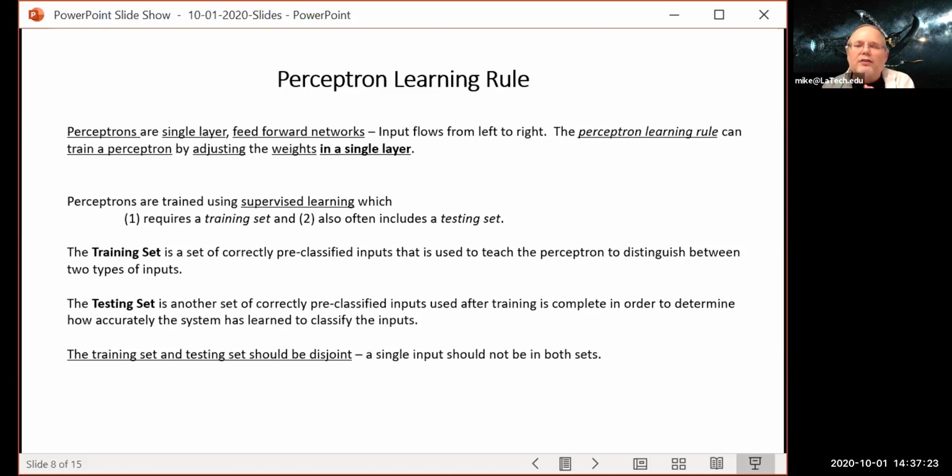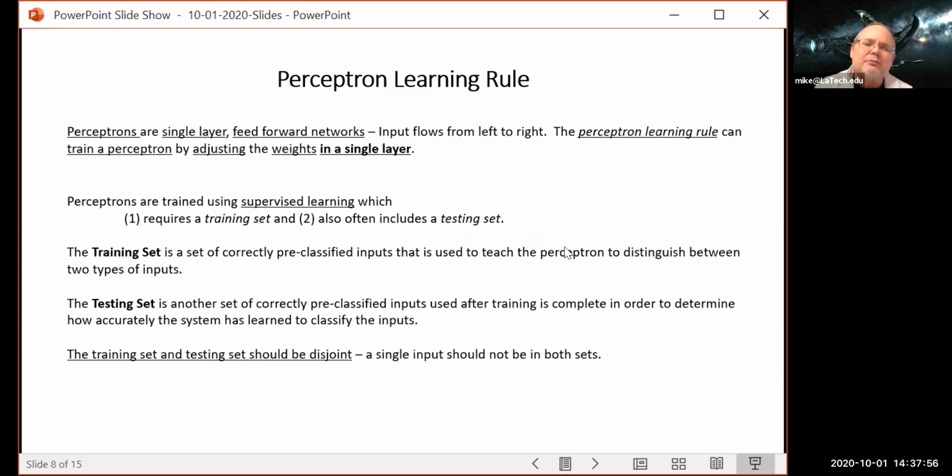And once it can do that, then you start showing it testing examples that it hasn't seen before, and you see how accurate it is on that. So maybe you've trained it on the training set and it gets 100% of the training data correct, but you give it examples it hasn't seen before, and maybe it's only 97% accurate or 98% accurate. That can happen. So the training set is a set of correctly pre-classified inputs that we use to teach the perceptron to distinguish between the two types of